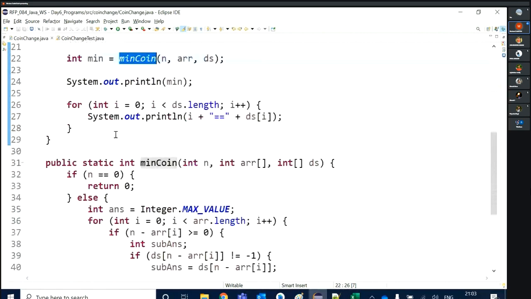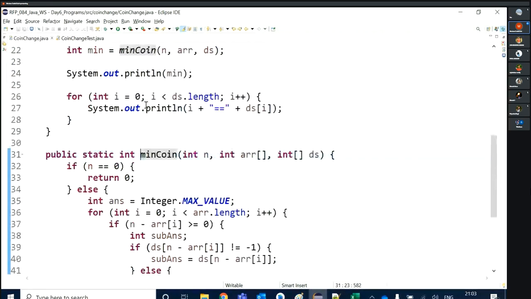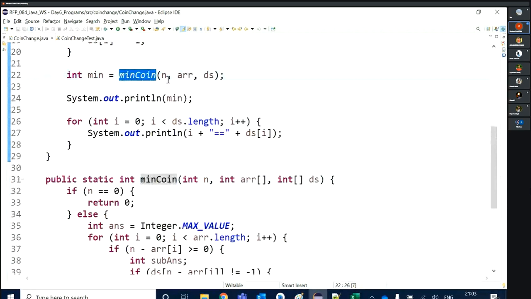What is my initial amount? 18 I'm passing. My basic amount is 18. So in the initial first-time calling from the main method, I'm passing, let's assume, amount 18, denominations 1, 5 and 7, and all the elements of the ds array are -1.